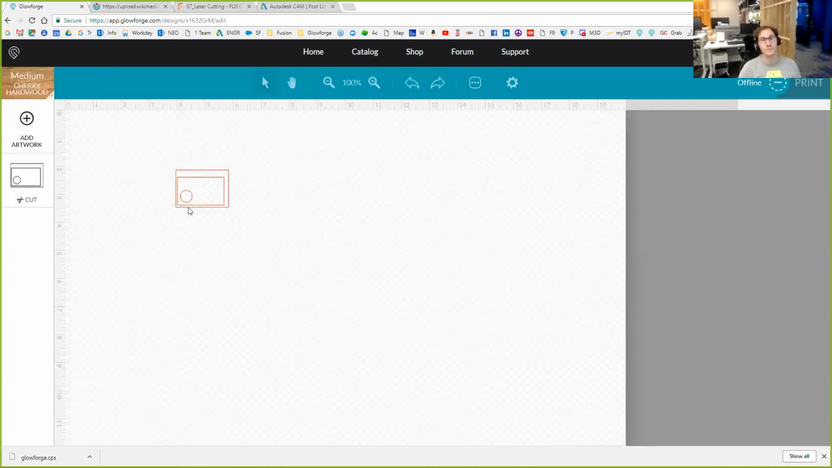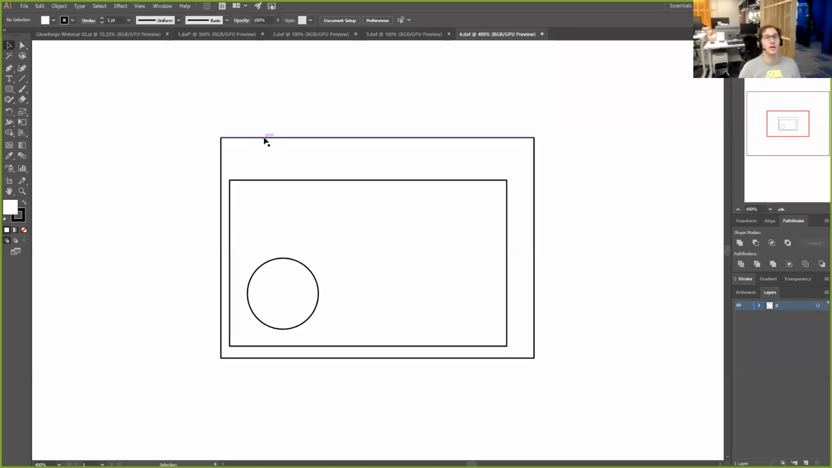And that's where the combination of Fusion 360 and Illustrator and CorelDRAW and Inkscape comes in handy. And so let's go back to Illustrator. Now I'm going to choose different colors for each of these things. So let's take a look here. By the way,